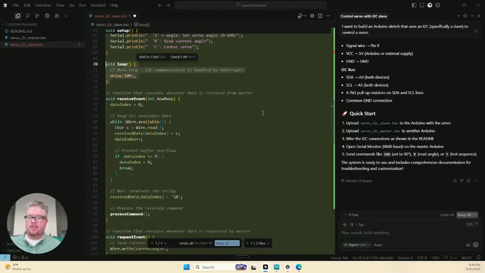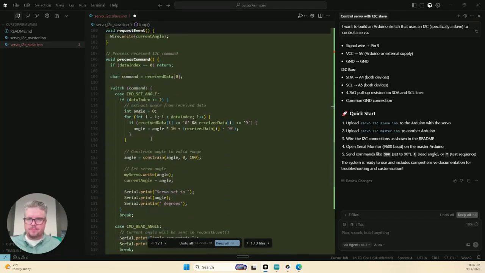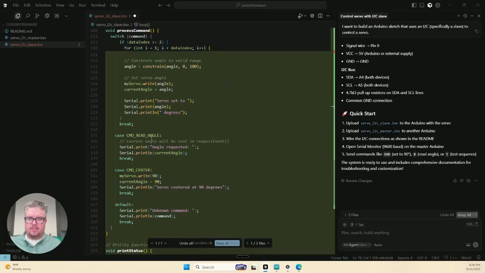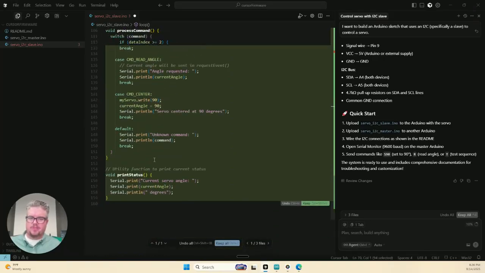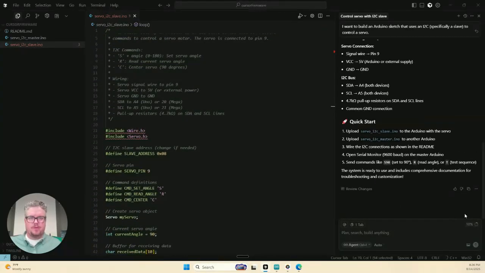Yeah, so the loop is just going to loop. Everything else is done through interrupts, which is nice. And then it's going to process the commands from I2C and do things appropriately with the servo. So that all looks pretty appropriate. We'll hit keep all, and then